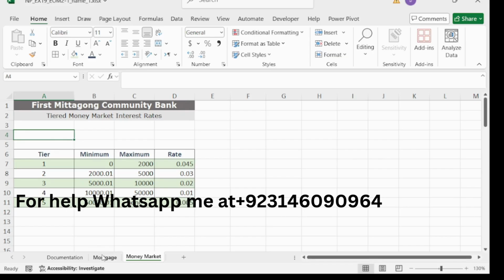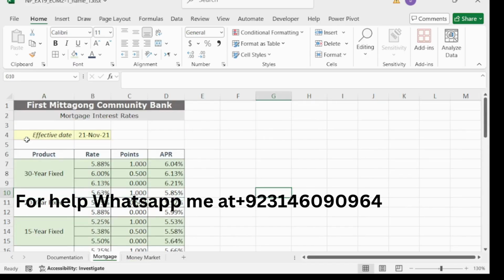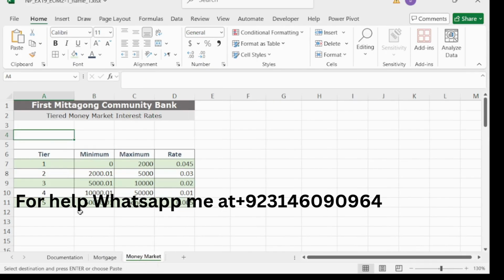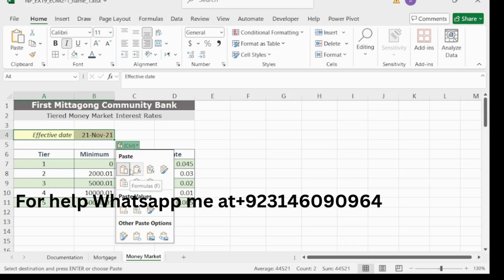So go here and copy this, and go to the money market worksheet and paste it into A4 to B4 in the money market worksheet.